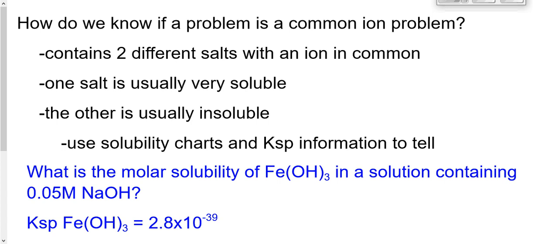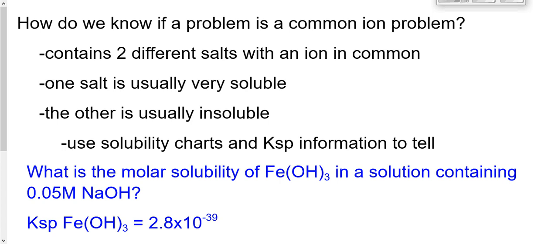Now, when we compare the two salts, one of those salts is usually very soluble. In this case, sodium hydroxide, because it contains a group 1 ion, is a highly soluble salt. The other one is typically insoluble. We know iron hydroxide is an insoluble salt, and if you take a look on your periodic tables on the cheat sheet side, you'll see that I've given you the same set of 5 solubility rules that we go over in grade 11. So solubility rule 1 says any salt with a group 1 ion is always very soluble,